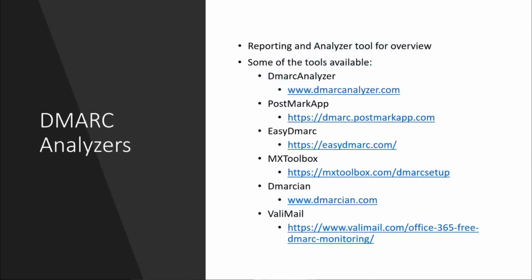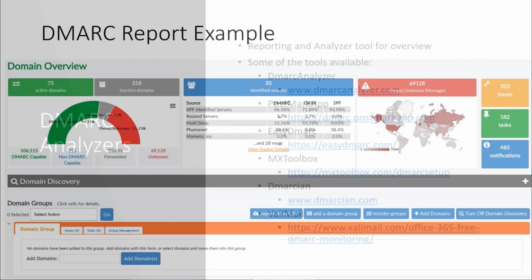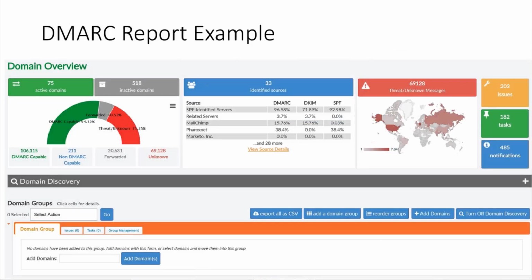One way of confirming what's running is using a report analyzer tool that's available. I always recommend my customers to have a look at some of the tools available on the internet, like DMARC Analyzer, Easy DMARC, just some of them, or the MX Toolbox that I just used here. An example of a report could be something like this, where we get a report back based on our domain, telling me that, well,